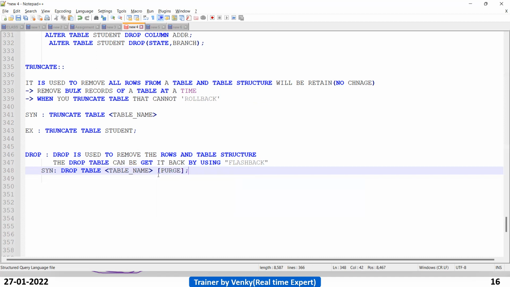So what do these angular brackets indicate, guys? Optional. So it's your wish, whether you need to use the purge command along with the drop or not. Okay. When to use and when you should not use, I will let you know. So what will purge do?